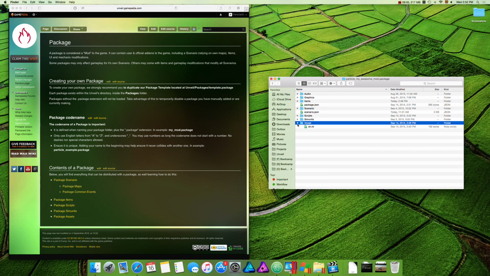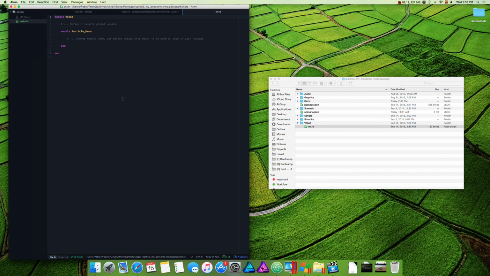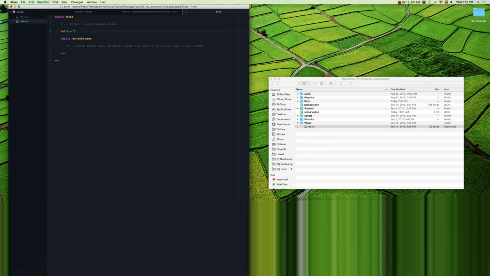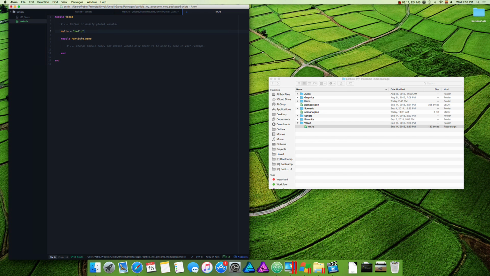And lastly, we have the vocab folder. Right now only the n.rb one will be loaded, but this is where you will be defining your own custom text like hello and hello, right? Or you can set maybe cat equal cat. If that is a specific kind of version of cat that you want to make sure it's only for you,